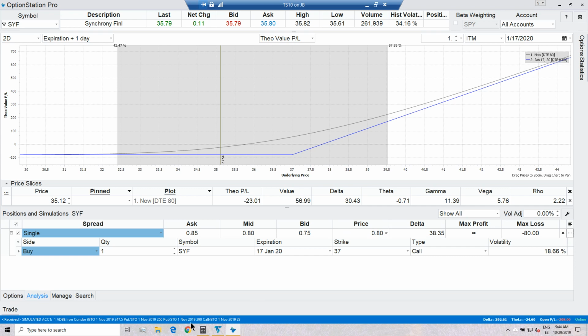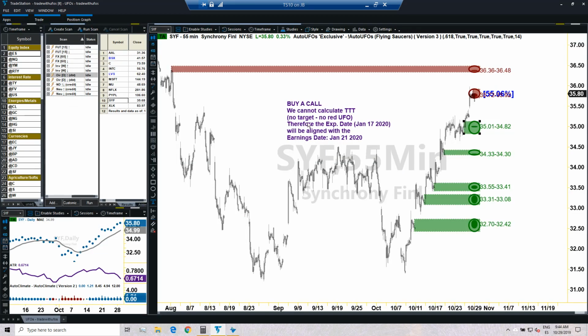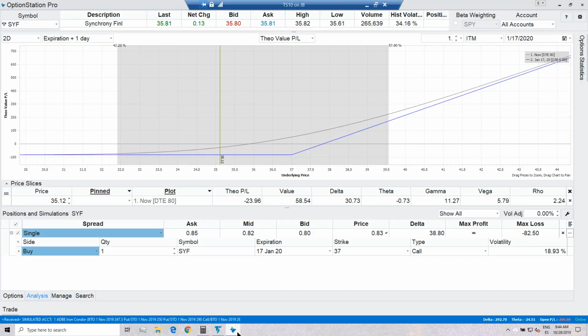So that is the trade, my friends. We're going to be using January 17, 2020, and we're going to buy the 37 call. The estimated price of this trade, and therefore the risk, is $58.54. Let's call it $60. So every call you buy will cost you around $60, and therefore the most you can lose is $60 per call. So if you are willing to risk $200, buy 3. If you are willing to risk $125, buy 2. So $60 per call, that is the expected value and therefore the expected risk.